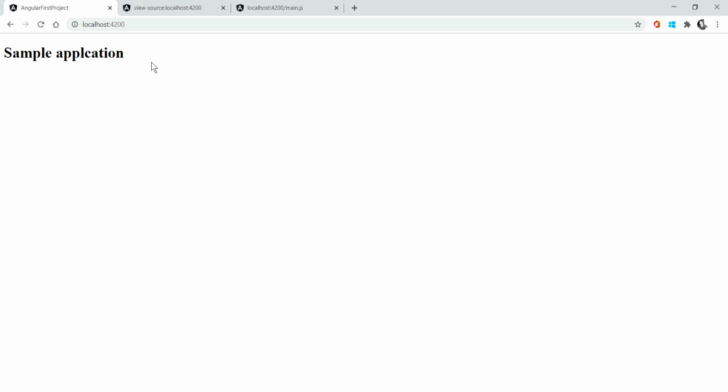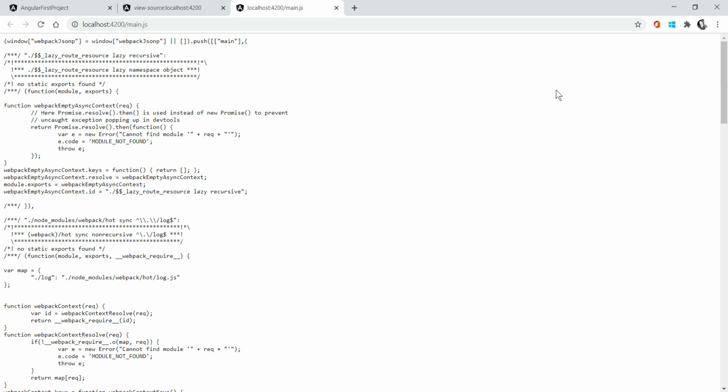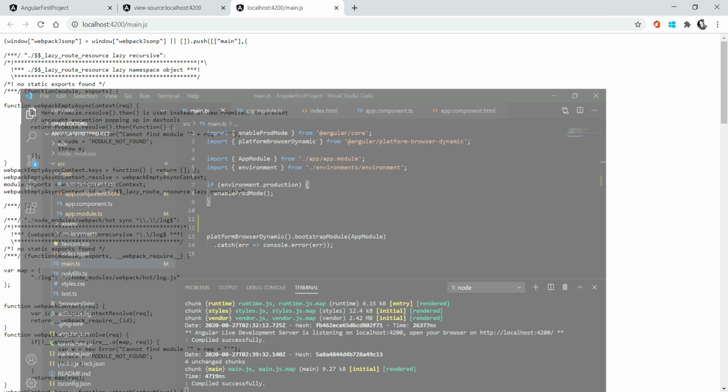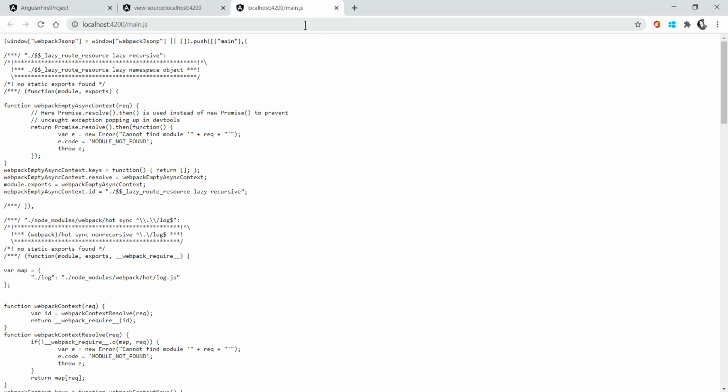So the browser is capturing that logic and showing the data in this port number. Now, you need not worry about this entire coding part. Angular CLI automatically converts the main.ts file into the main.js file, and based on the main.js file, the browser is showing the data.